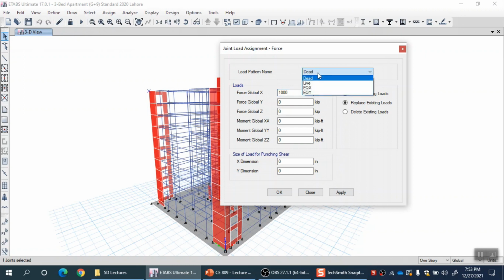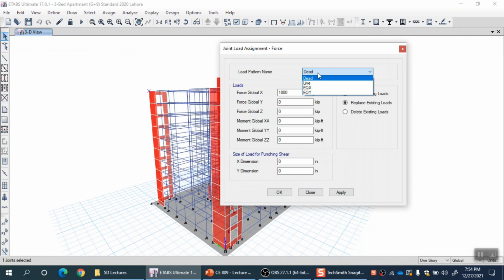in a particular load pattern. So the hierarchy in ETABS, SAP and all those programs is that you apply loads and add them in a particular pattern. That pattern is called in a load case, and then cases can be combined into load combinations for design. Analysis is run for load cases, right, and then later on the results of individual cases are combined based on the load combination rule which you give, right.